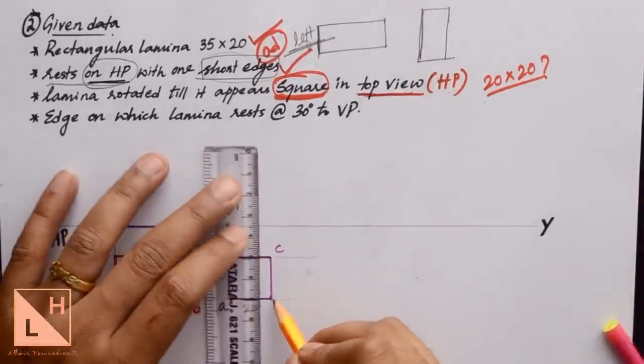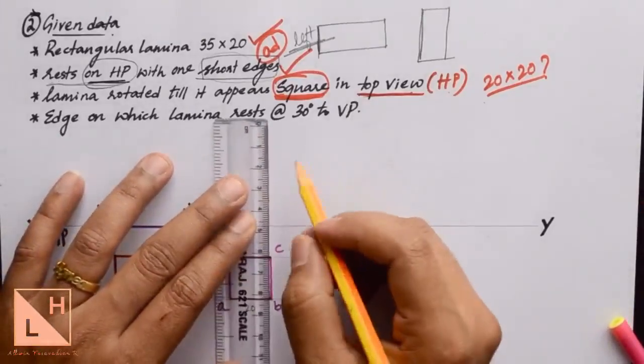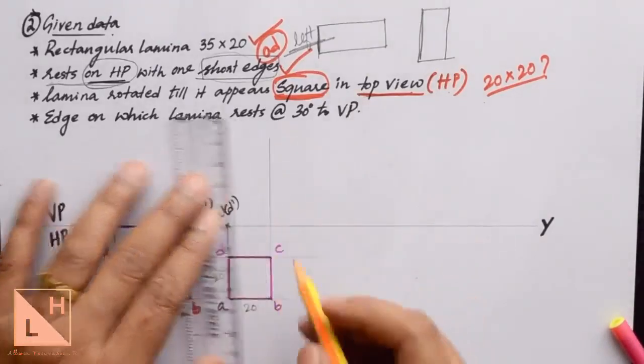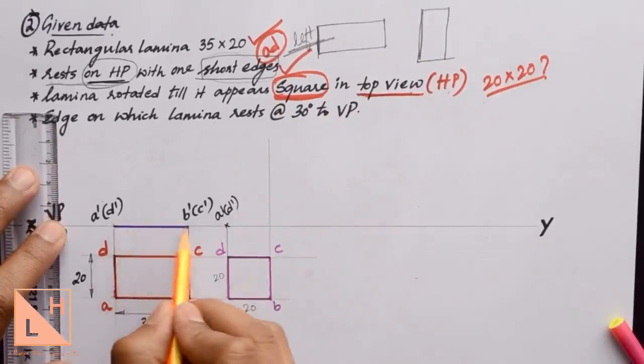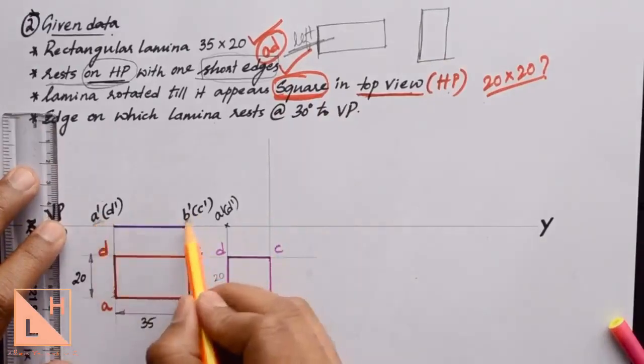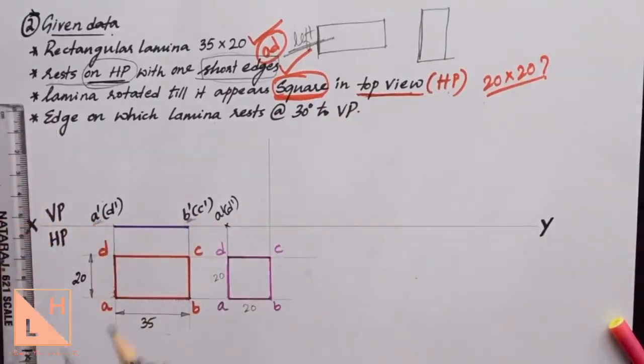Then where will you find the points B dash and C dash? We do not know. It is going to be found somewhere on this projection line. The angle is not known. Instead, we know the length or the distance between the point A dash and B dash C dash, which you can measure using a compass.